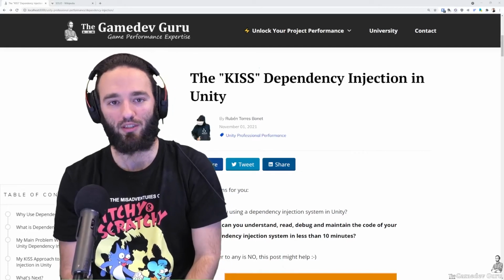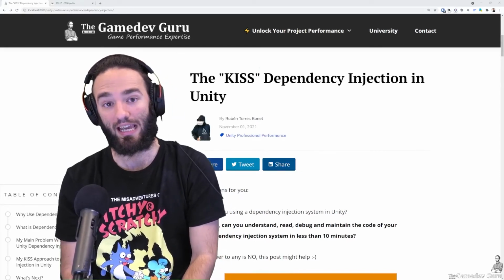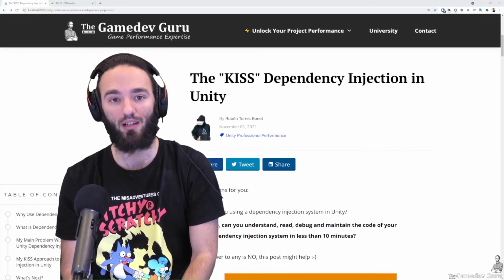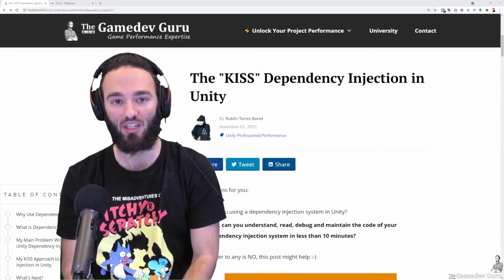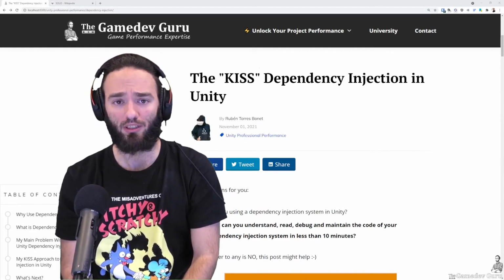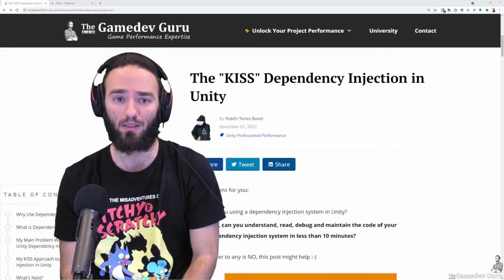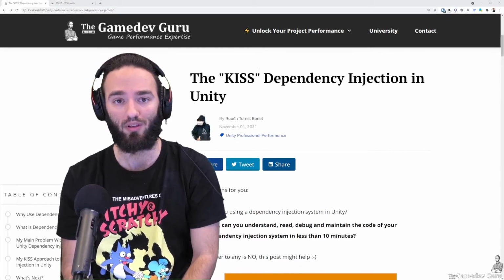If you have been doing software development, or in this case, video game development for a while, you might know or might have come across the concept of dependency injection. Now, what does it mean? Well, if you don't know about it, don't worry because I will explain what dependency injection means in simple terms